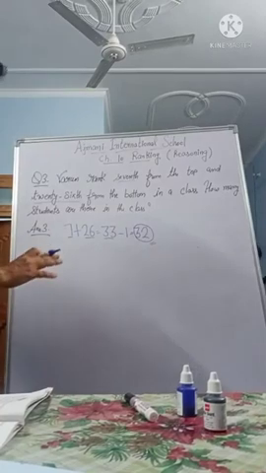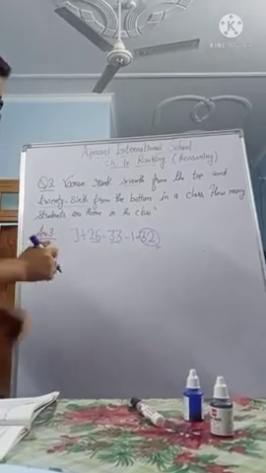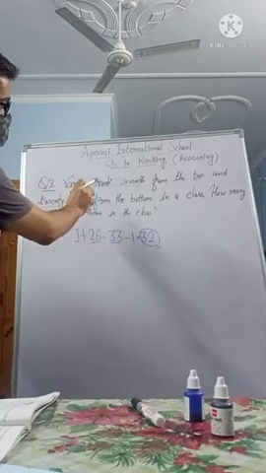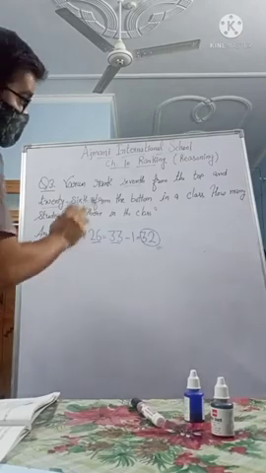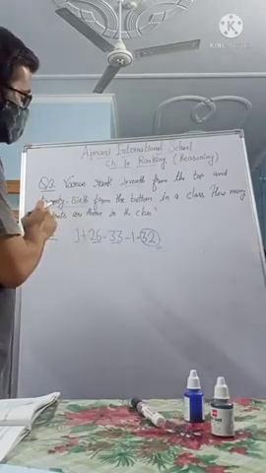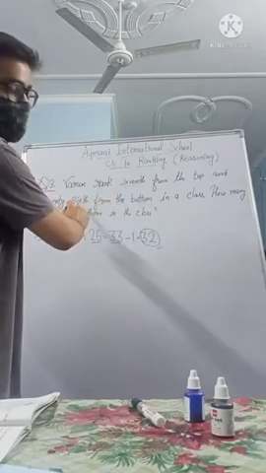Students, I am going to tell you about question number 3, which is Varun ranks 7th from the top and 26th from the bottom in a class. It means एक क्लास में एक लड़का है वरुण, उसकी रैंक आई है टॉप से 7th और बॉटम से 26th.